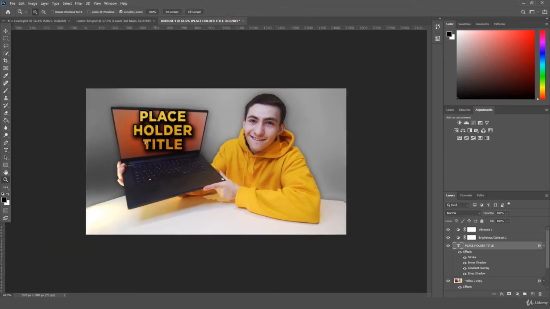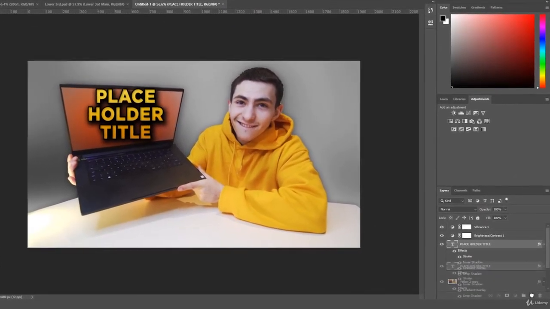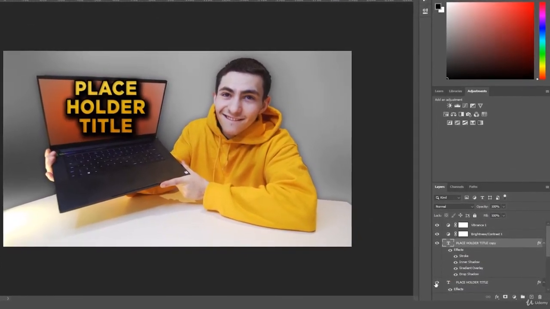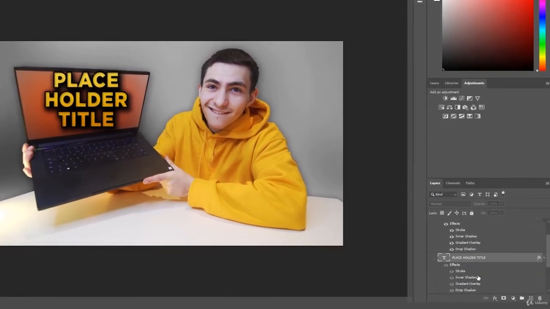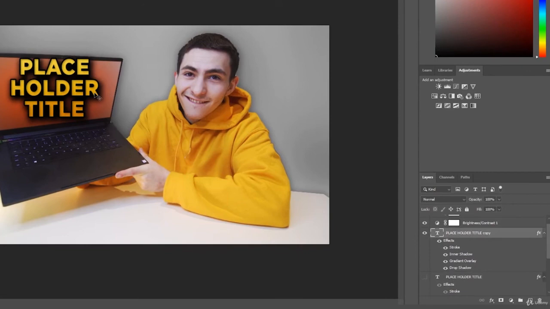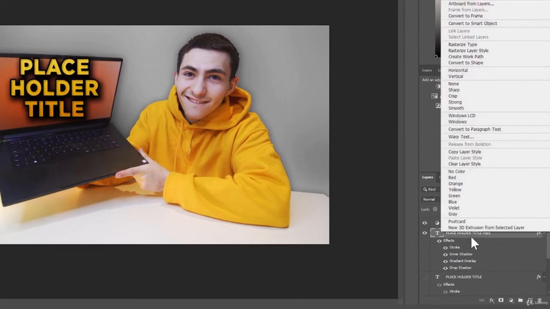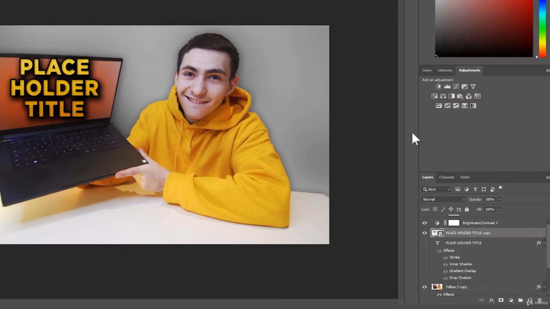And maybe what we can go ahead and do is even have this coming off a little bit. So what I'm going to do is hold this, drag and drop it down here to duplicate it, and I'm just going to turn off the bottom layer just so it keeps it retained. Because I'm going to have to go ahead and convert this to a smart object. So I'm going to right click it and click convert to smart object,